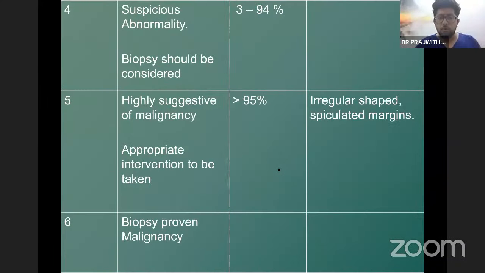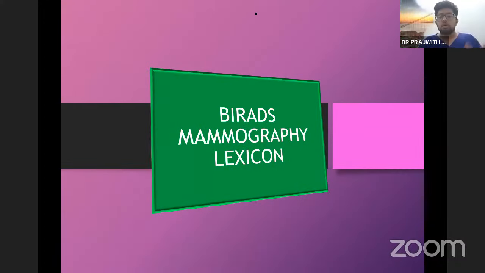But whenever I give it 4, then you will definitely have to biopsy. A definite biopsy is required for this, and then whatever further management is required, we'll do it. Now, this will have a 3 to 94% chance of malignancy. Sorry, type 6 is biopsy proven, type 5 is very highly suggestive of malignancy. So type 4 and type 5 are highly suggestive of malignancy, and type 6 is when I say it is biopsy-proven malignancy. Okay, now whenever I report any lesion,